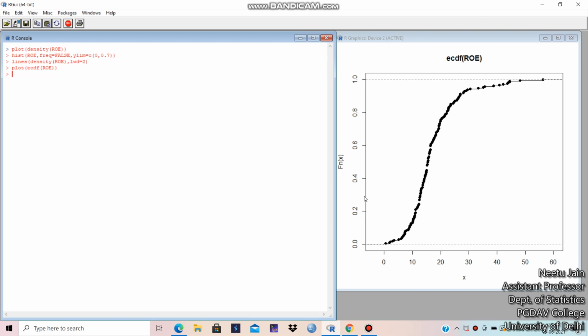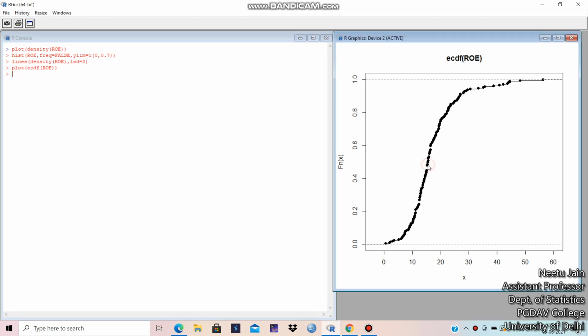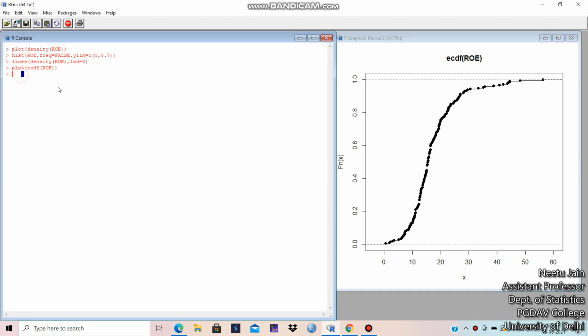Next, you can see the median. What would be the median? The median is where the value is 0.5. You can see this value somewhere around 15, and we can also check from the command median of ROE.